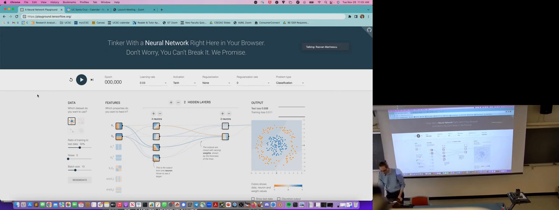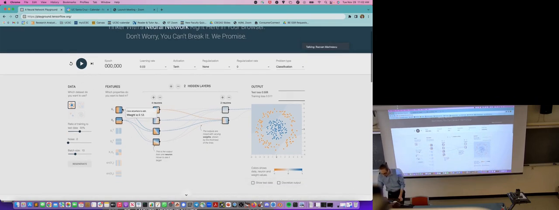We can see them. So what are we gonna do? This is a neural network playground. It's actually very nice. We can see many things. First of all, this is the data set. We have different types of data set. This is one class in the center and another one on the outside. So we have two classes, so the problem will be a classification task. For example, how do you separate between these groups of points?